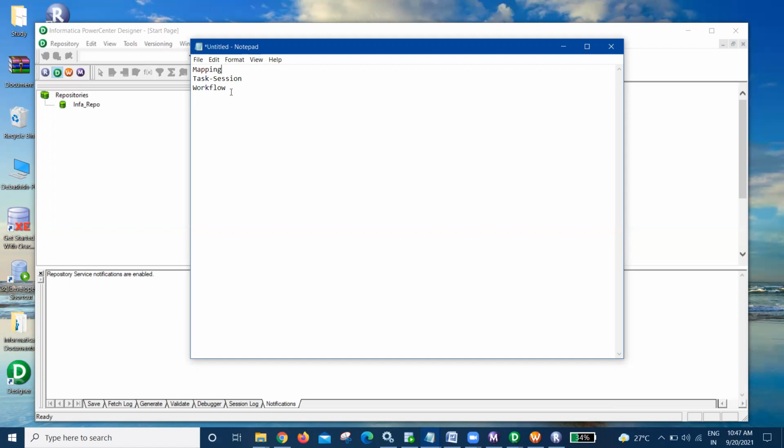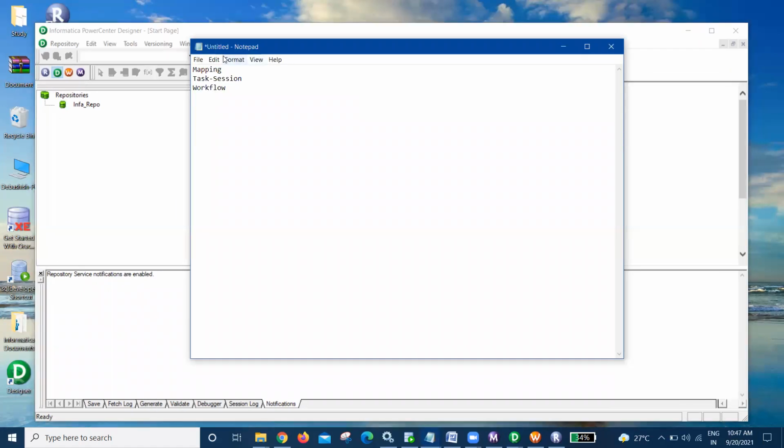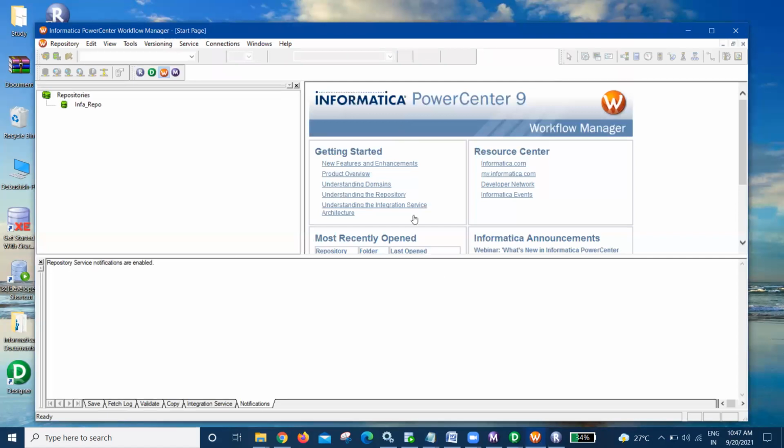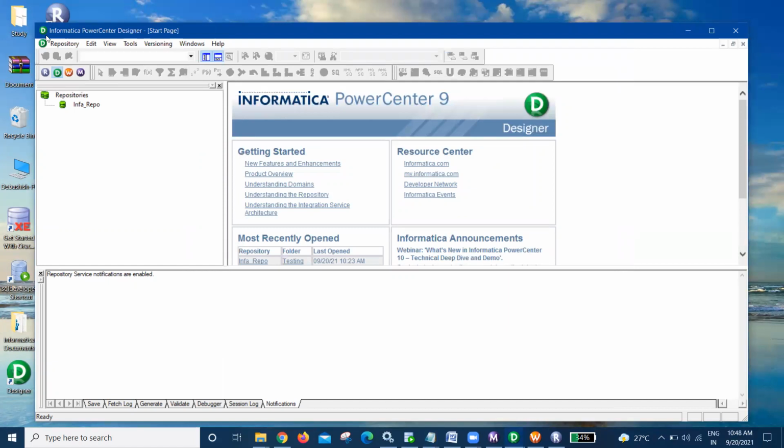So with these client tools, we have the Designer to design the mapping components. Once the mapping has been designed, we use the Workflow Manager tool, which shows a W in the icon, and the Designer shows a D letter in the icon.